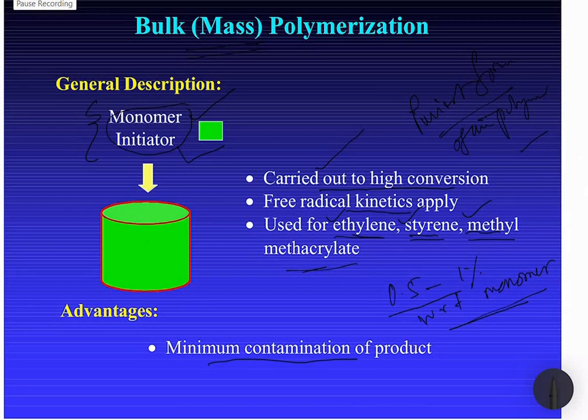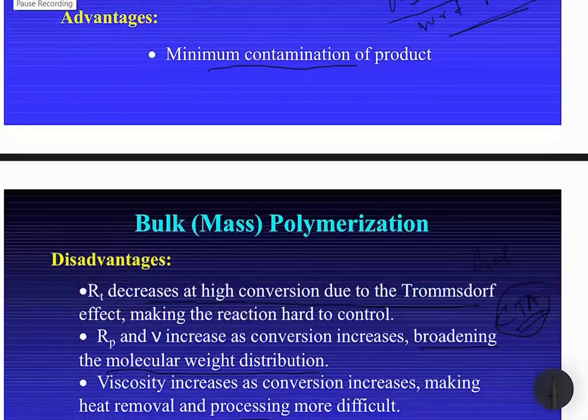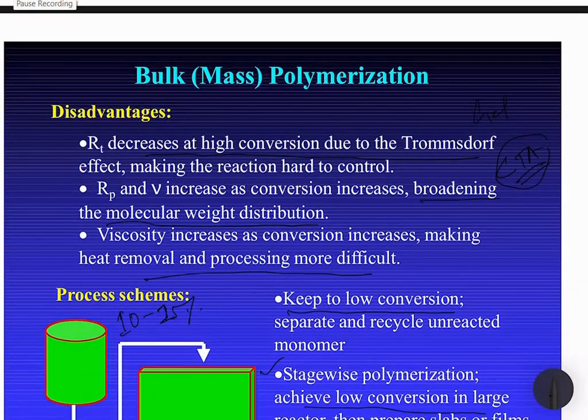So you can get the most pure polymer using this bulk polymerization technique. But along with it come so many disadvantages that I was mentioning, and because of this we hardly use this technique for copolymerization on commercial scale. And the first disadvantage is the gel effect or the Trommsdorff effect that we have discussed during free radical